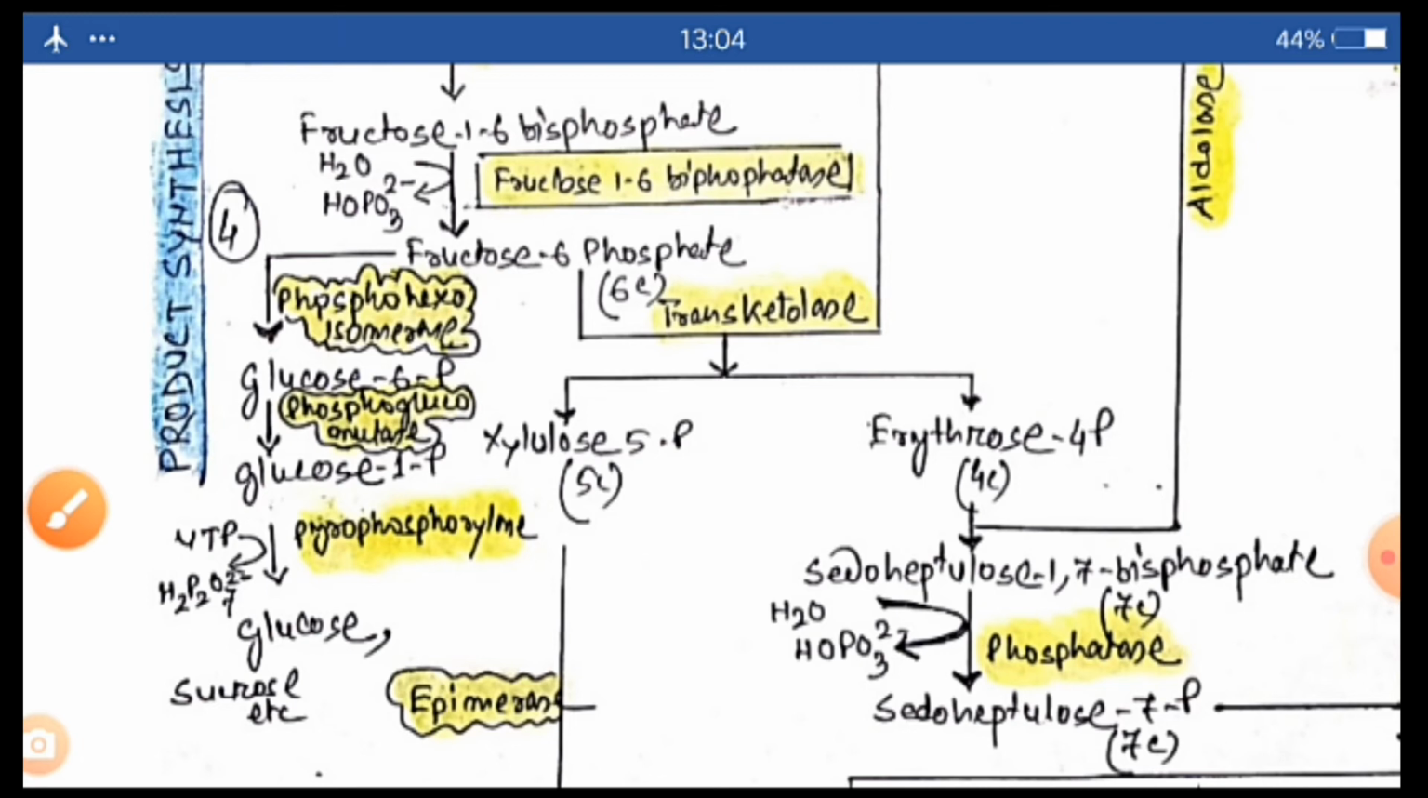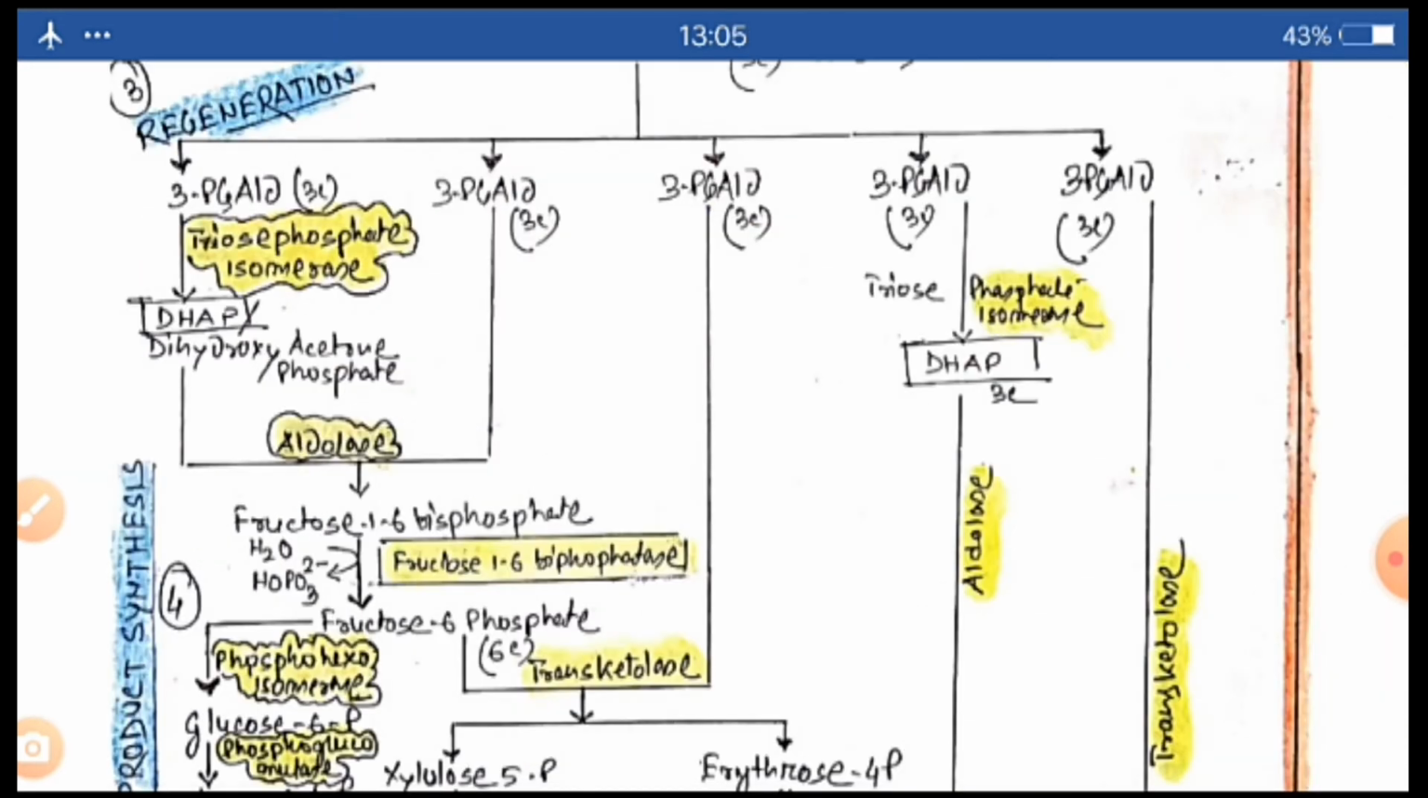Now we have seen that food material, that is glucose C6H12O6, is produced in the process of dark reaction by the utilization of ribulose 1,5-bisphosphate. Now the question is the regeneration of ribulose 1,5-bisphosphate. Okay, at first